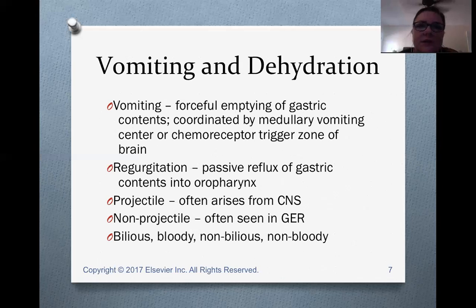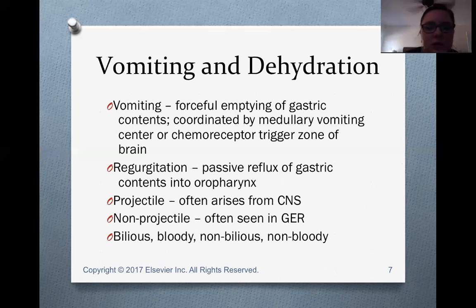So it's a tightened muscle, and that sphincter won't relax. What happens is the stomach fills up almost like a balloon to its maximum stretching capacity, and then it just projectilely pushes all of the milk or formula that they've taken in,